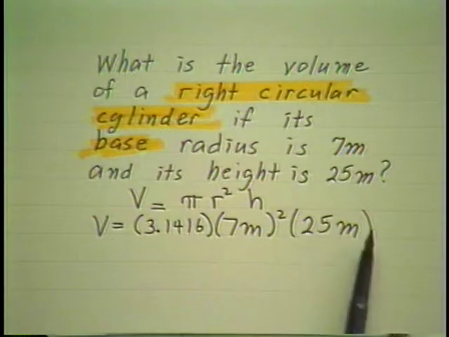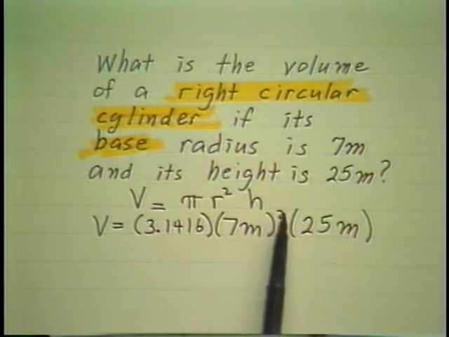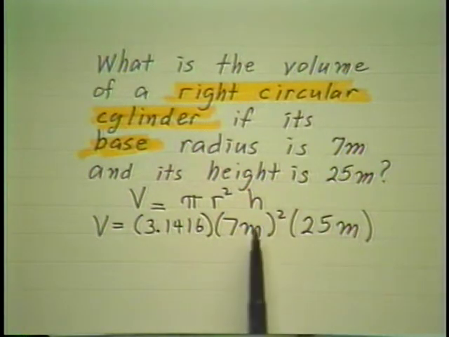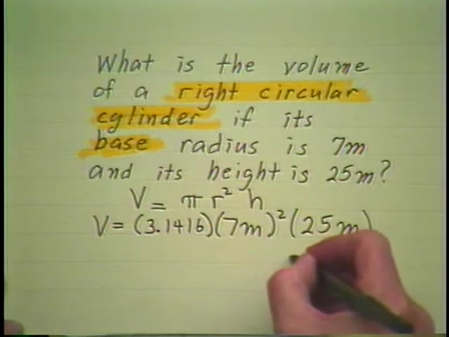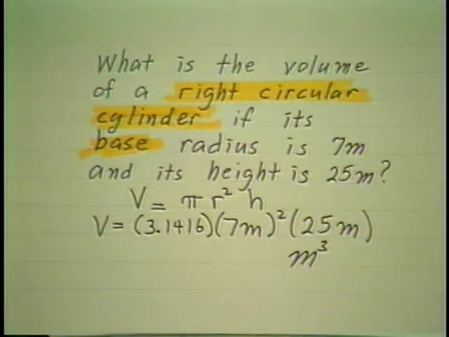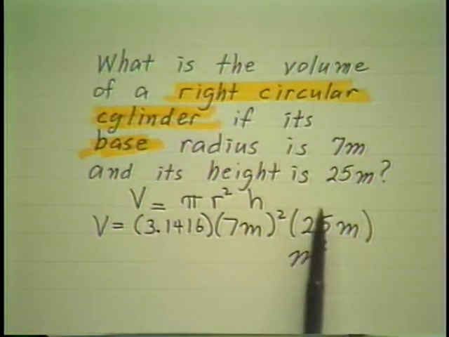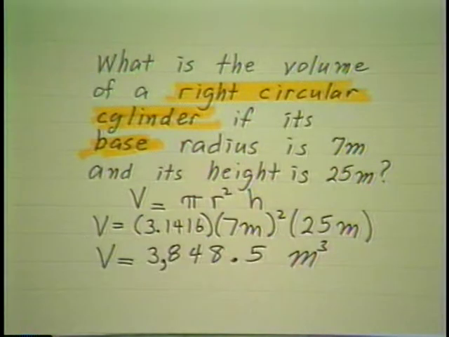Now simply do the calculation usually on a calculator, remembering you do the exponents first. Notice I'm going to square a meter times another meter. So there's 2 meters times a third meter, so I'll have 3 meters being multiplied together, and that tells me my volume is going to be in cubic meters. That gives me sort of a check. Now squaring the 7 gives me 49 times that gives me 3,848.5 cubic meters. That's quite large. And they didn't tell us where we wanted to round off, so we'd be alert for that as we begin